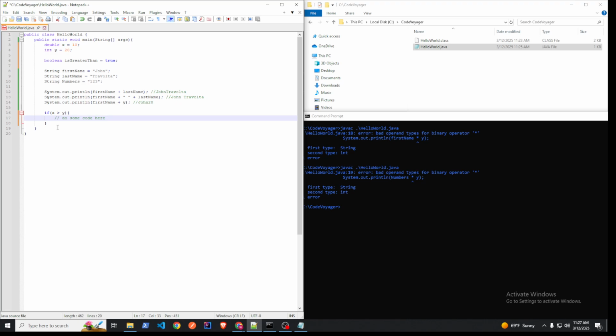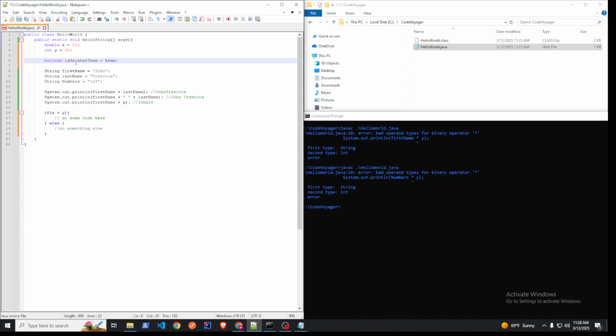And then else, again, don't worry about this here. I'm just kind of showing you do something else, right? So what this Boolean would do,